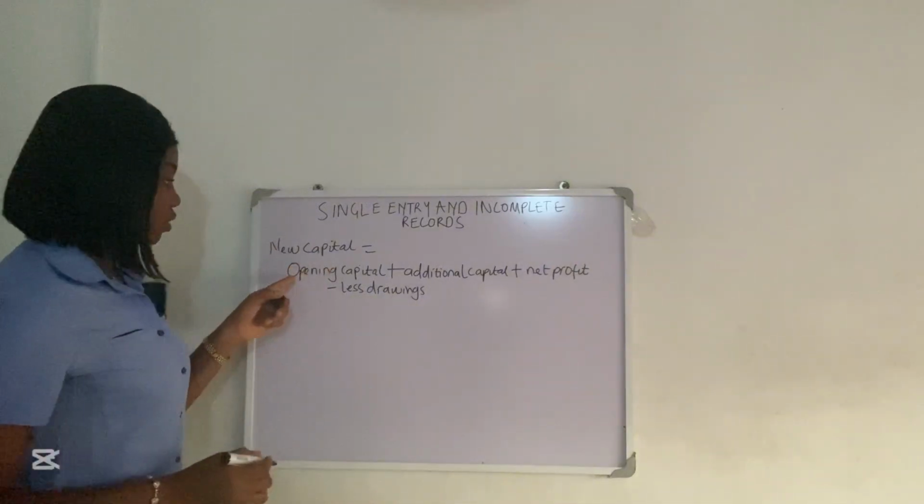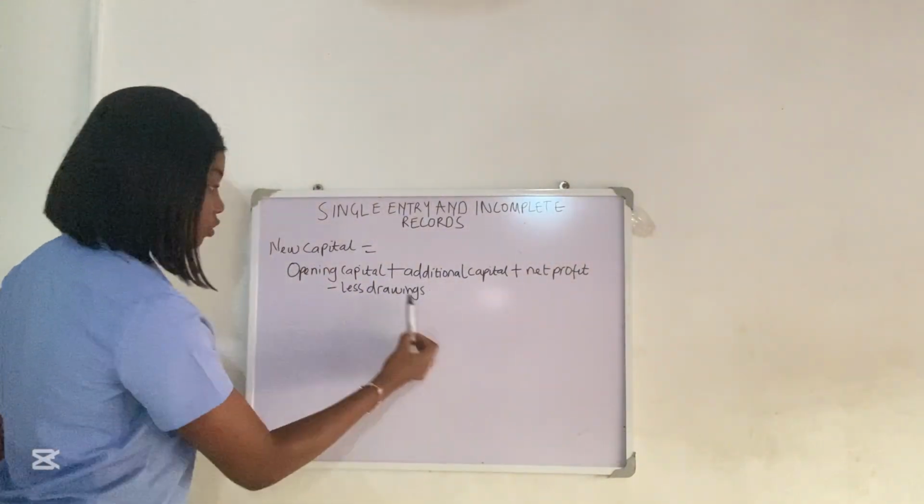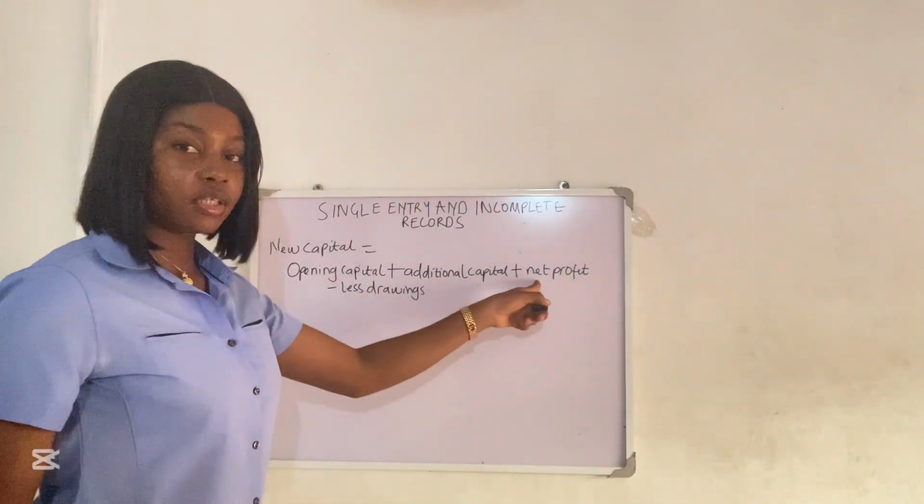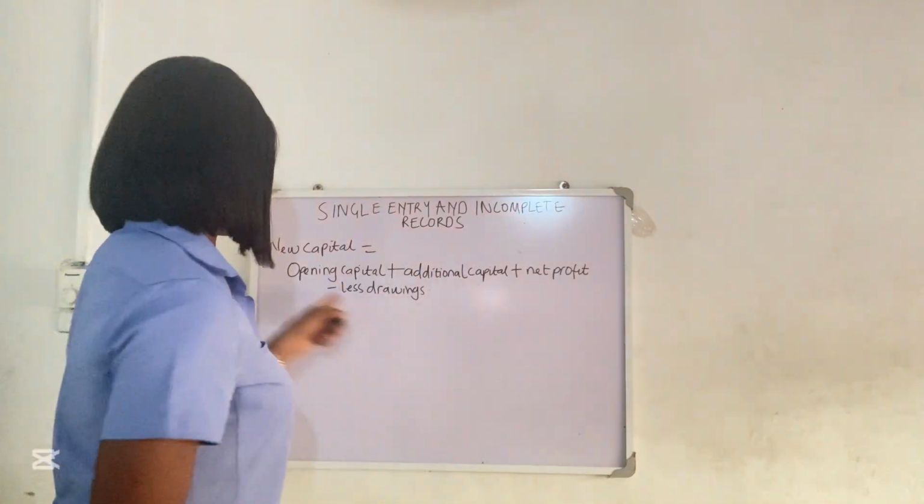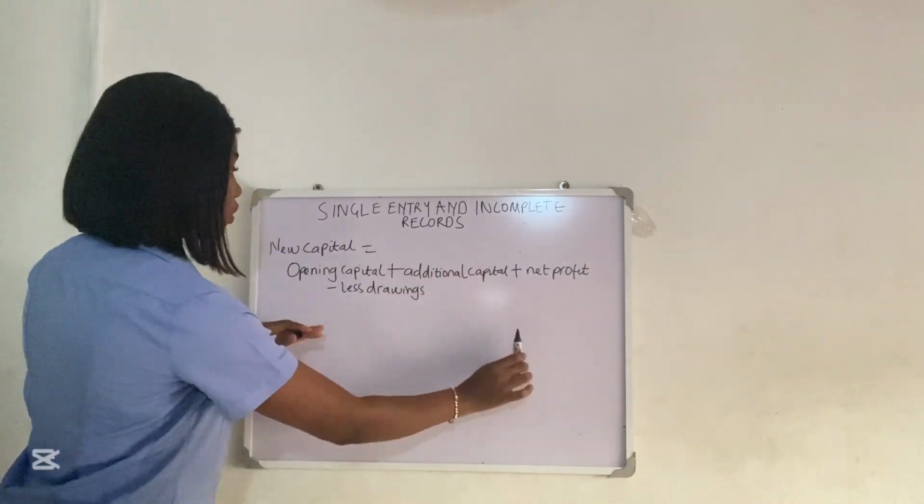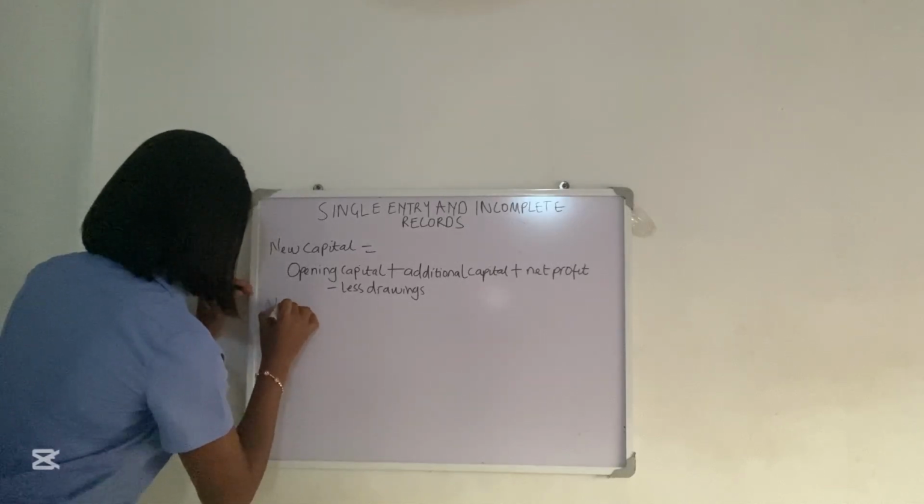So the new capital is equal to opening capital plus additional capital plus net profit less drawings. Now how do we get net profit? You make your net profit the subject of the formula. Let's leave it on this side and take everything here to the other side. That will be new capital